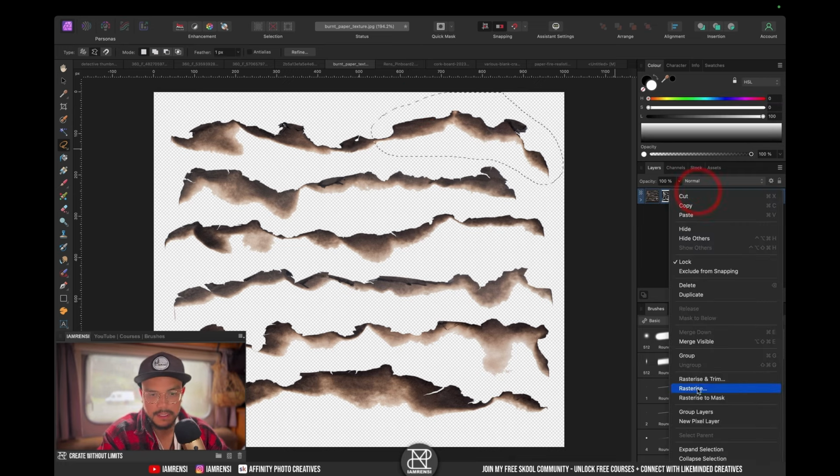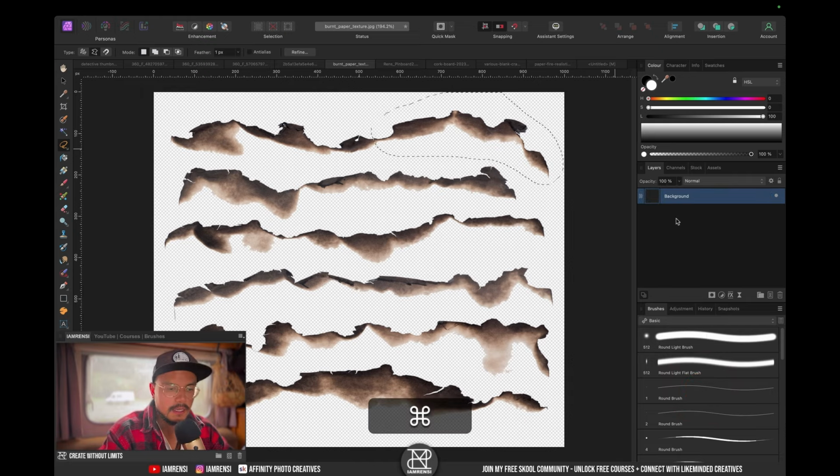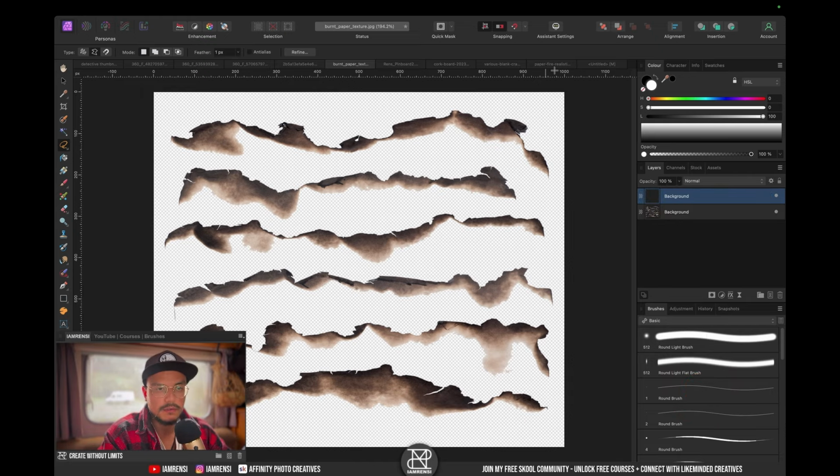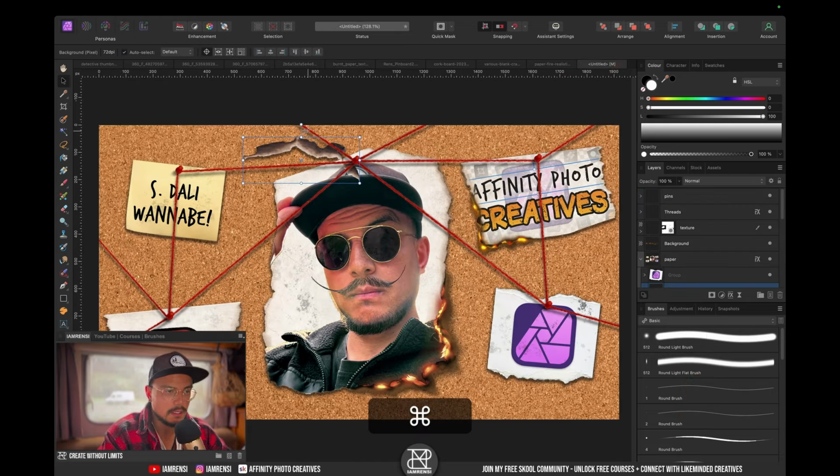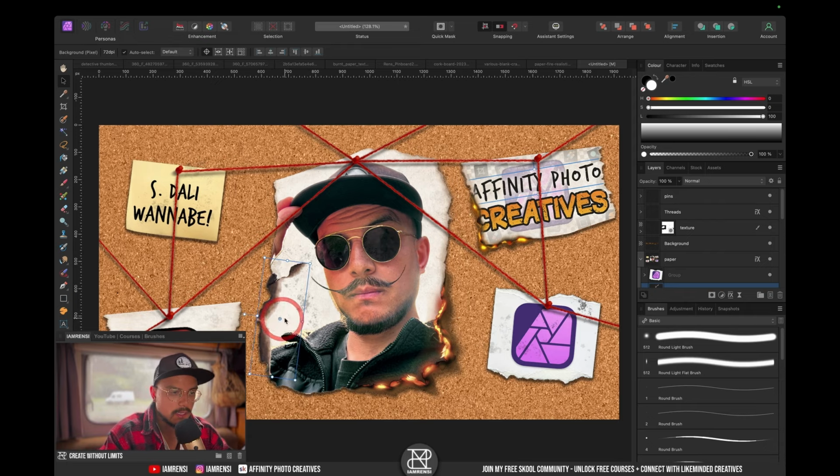Just gonna do the same thing. I can actually rasterize this whole thing. Press Command J and copy this thing over to our document, paste it in, and just position it somewhere nice. So maybe right here. I'm just gonna erase bits of this